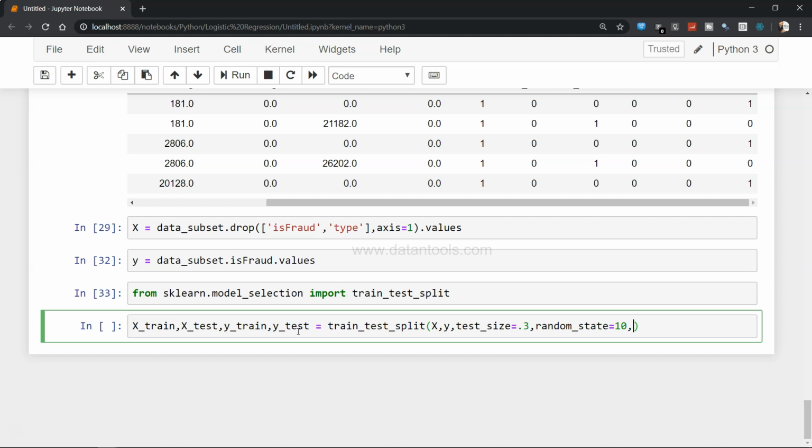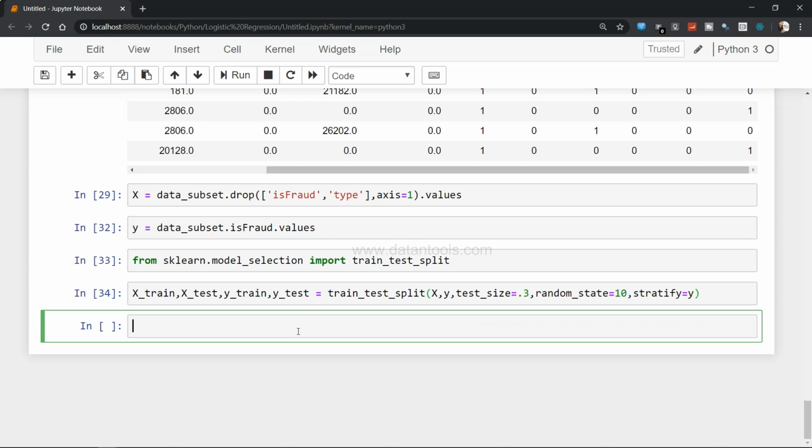Another method is stratify equals to the target, which makes sure that the target value has an equal representation or a good representation in both training and testing, just to make sure that there is not a problem of imbalancing. All right, so if I execute this, this has been executed and we have these 4 variables now, which we can use in the algorithm.